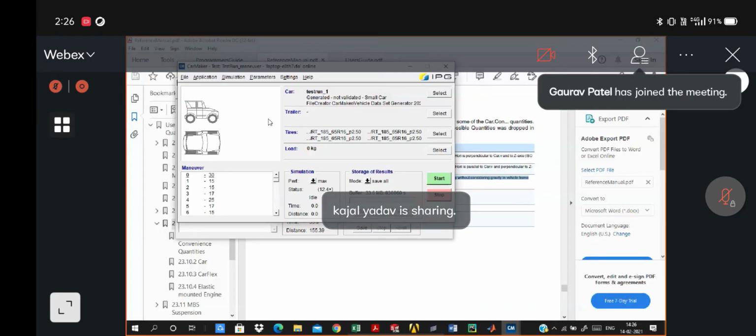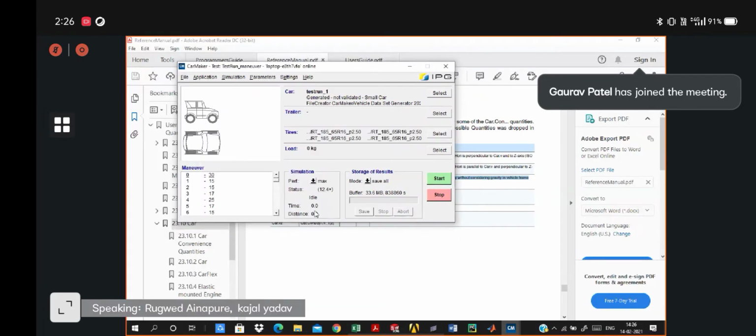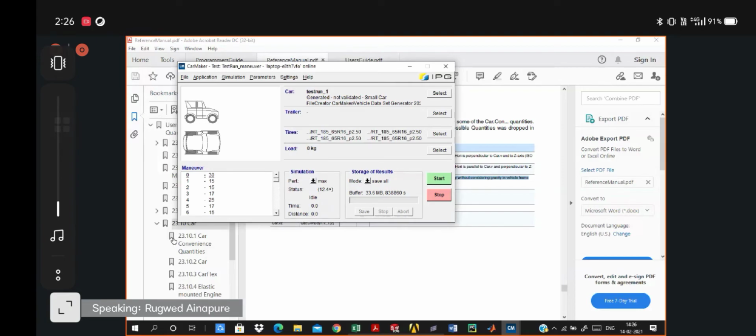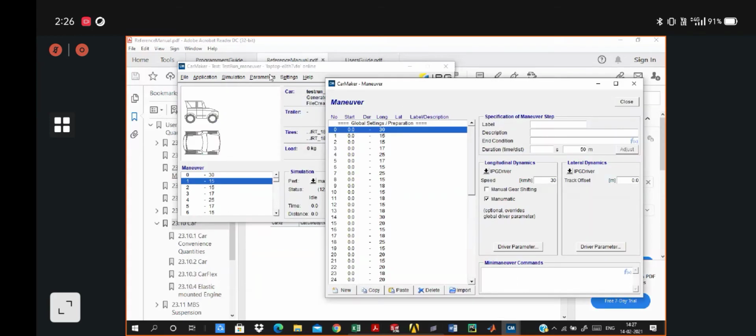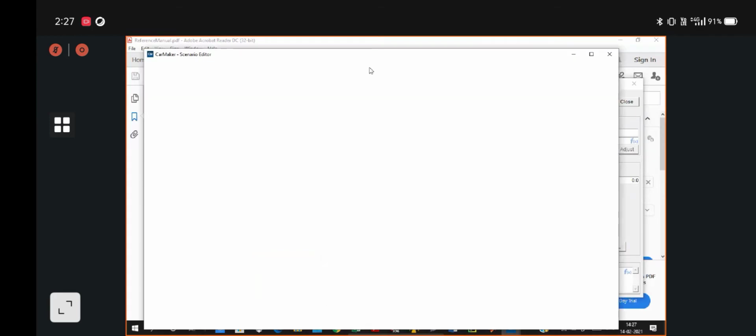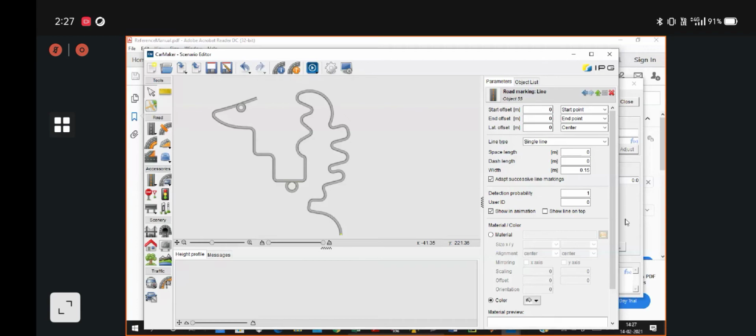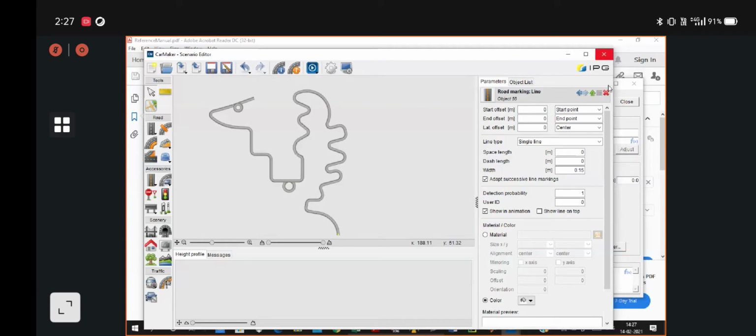Yeah, this is the other file where we have optimized the maneuver as per the track. This is the sample track that we have designed just to show you an example.